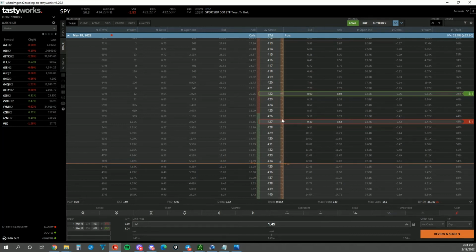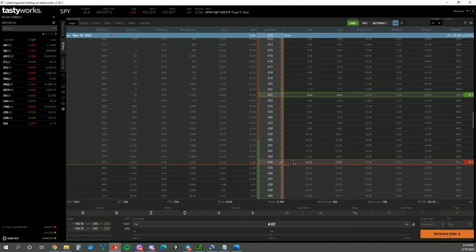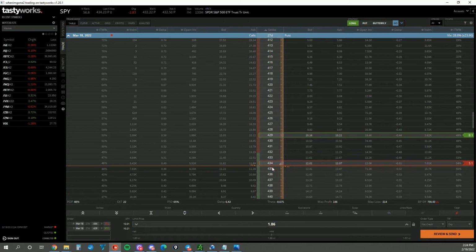The statistics of this trade, if the price was 427, will be similar to the statistics of this trade, because I'm doing it at the money, not in the money. So an at the money put credit spread will give you $186 profit, but look at this, $314 of loss. Now, because options are pretty efficient in their pricing, you can expect to see a profit potential